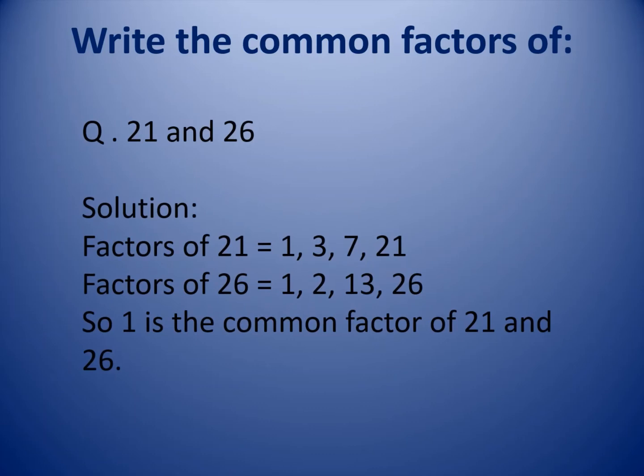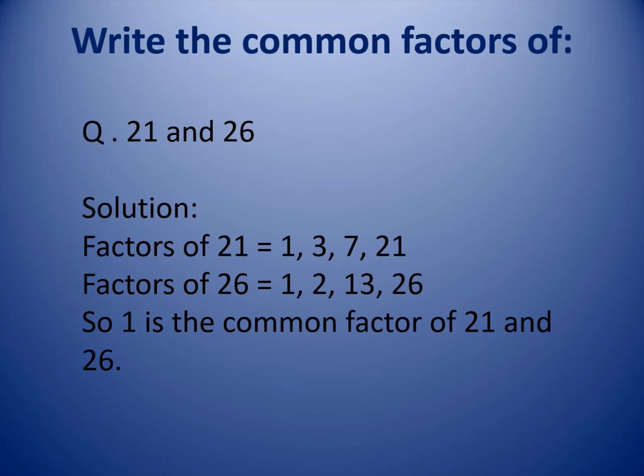Now the next comes, we have done factors. Now the next question comes, common factor. So how to find out common factor? Here we are doing with 21 and 26. There will be two numbers given to you, then only you can compare the common factor. Common means that comes in all. Means all the digits that you are taking to identify the factors should come in all numbers.